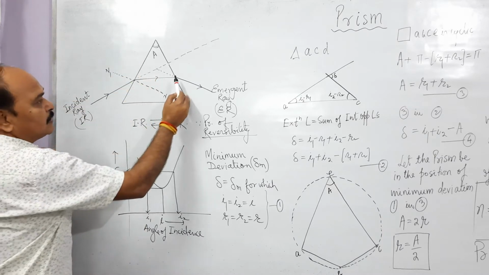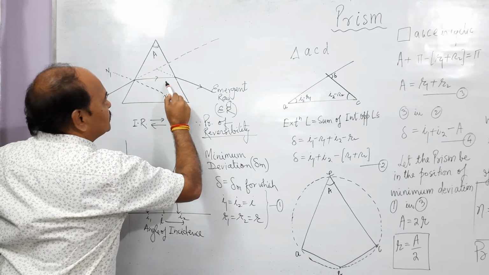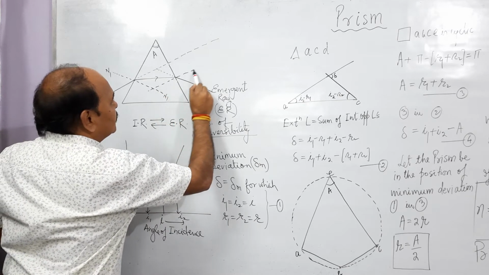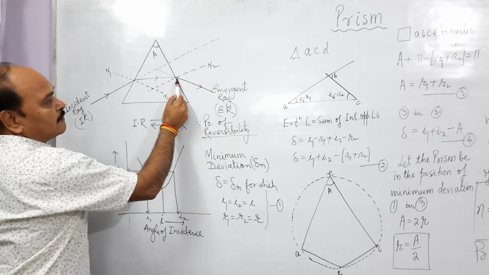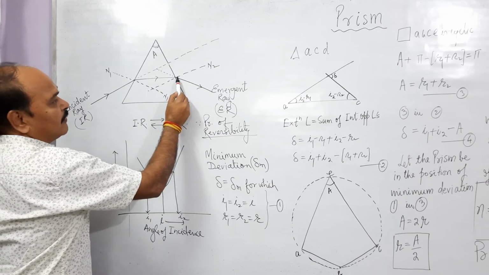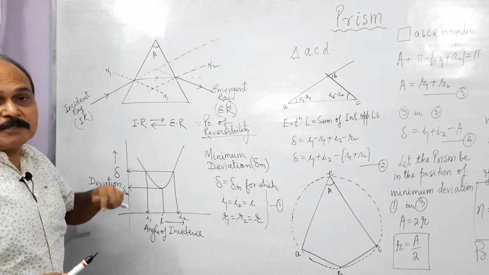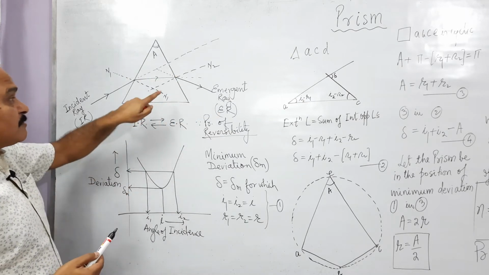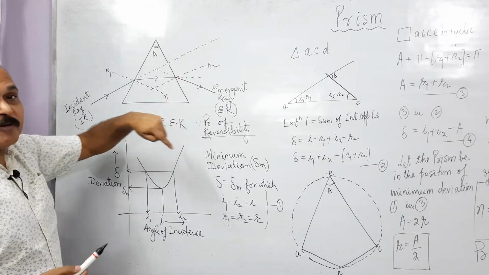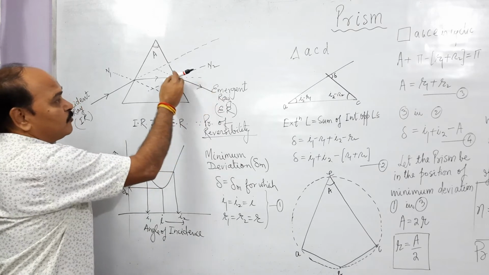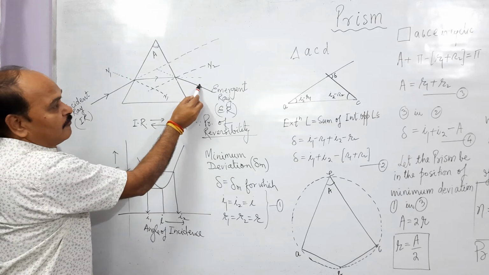And when it falls here, the normal here is going to be like this. This is N2. This is the normal at this point of incidence. Well, here the ray of light would not travel straight again because there is going to be another refraction taking place here. And since the ray of light is moving from denser to rarer medium, this time the ray of light would move away from the normal, and if it moves away from the normal, it will bend like this. So this is the final emergent ray.